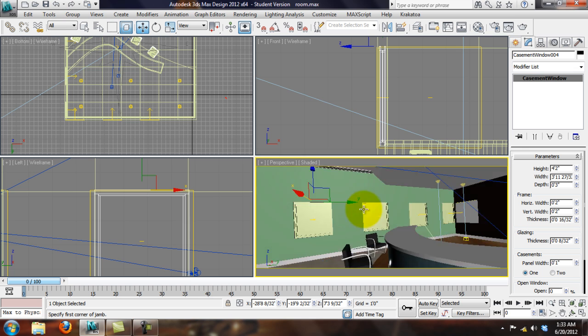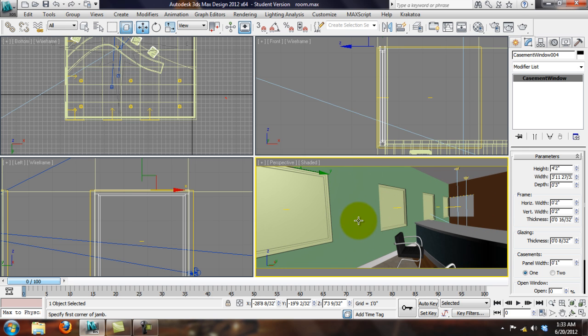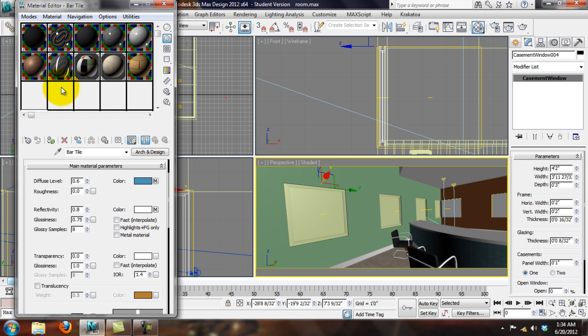So there's this wall. A lot of the stuff we're doing now we've already done before. It's just kind of repeat. If you remember the multi-sub-object materials, the good thing about using the windows and doors like this, the reason I like to use them as much as possible, is they already have the materials for us, meaning Autodesk. So if I go to my materials,